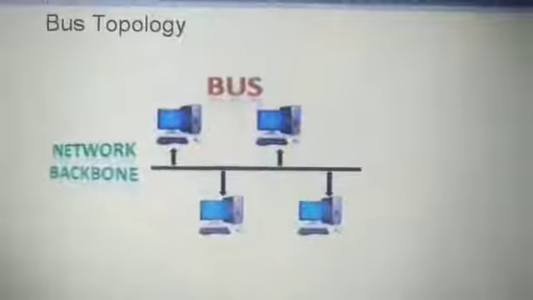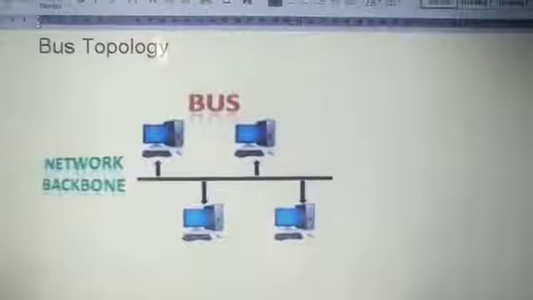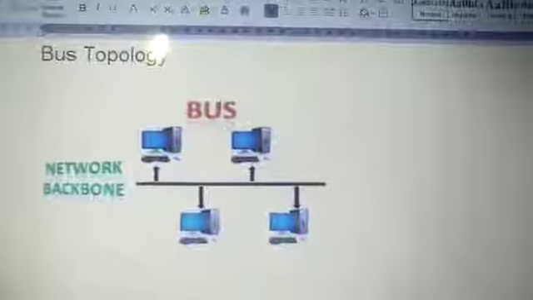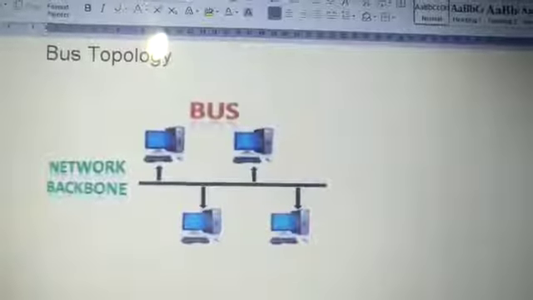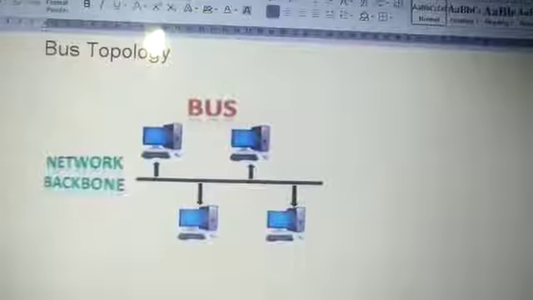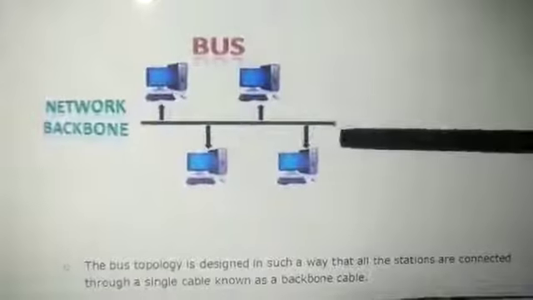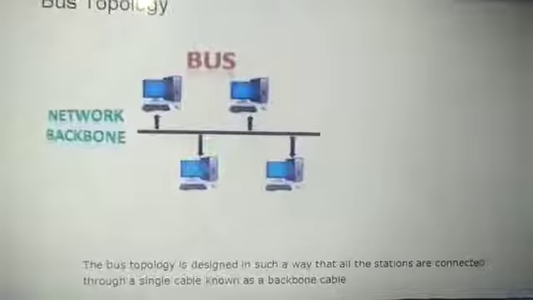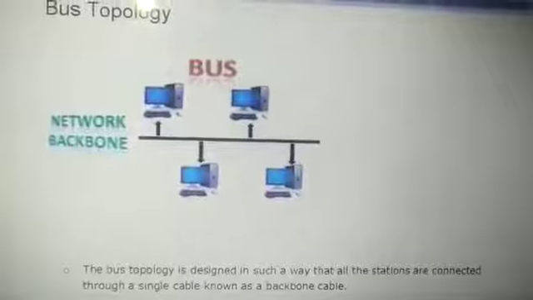Okay, so this is the framework, or network setup, or you can say the diagram of the bus topology. Here you can see in a bus topology that one long cable acts as a backbone. Here you have seen this long cable works as a backbone. So what is the purpose? This backbone is there to link all the devices in the network.